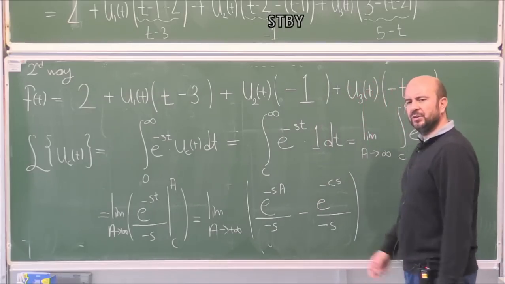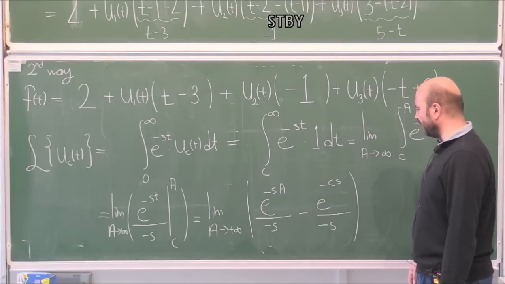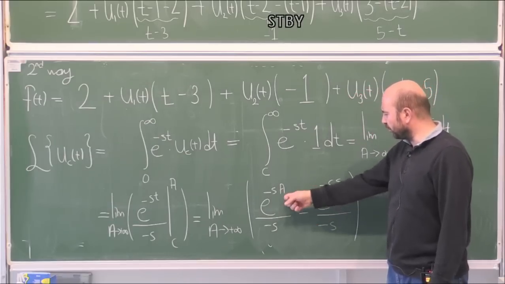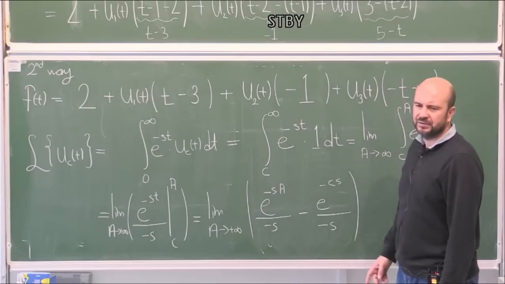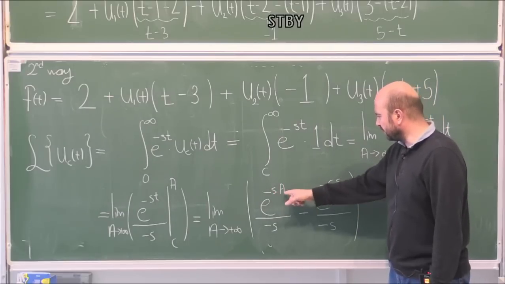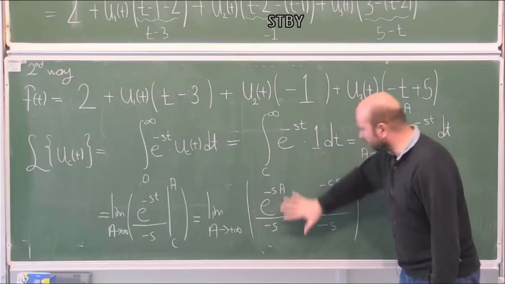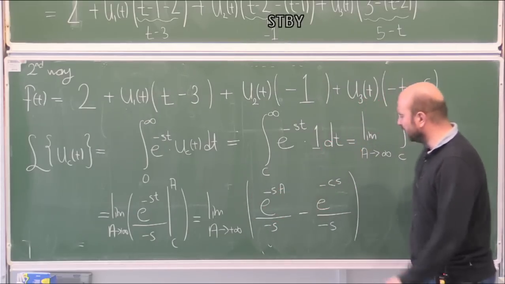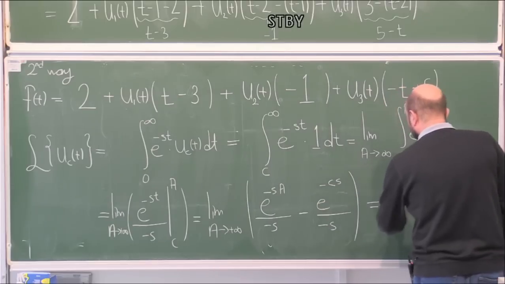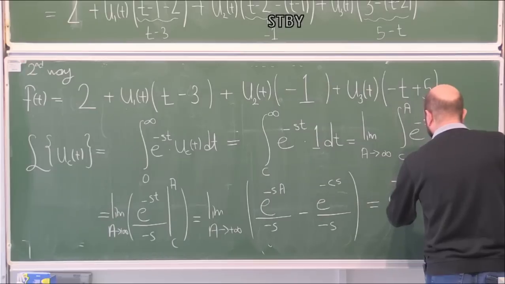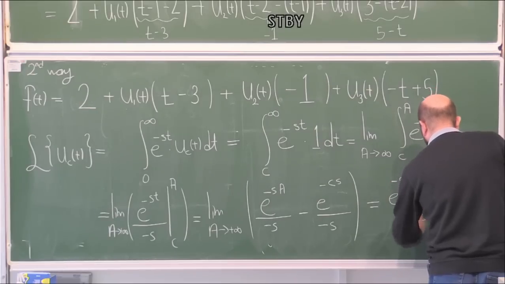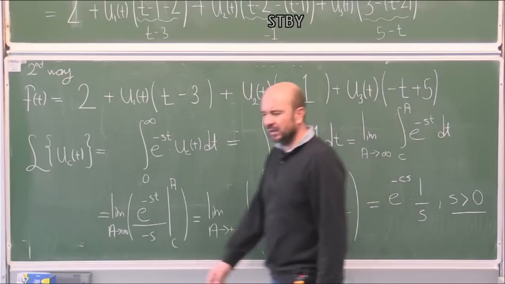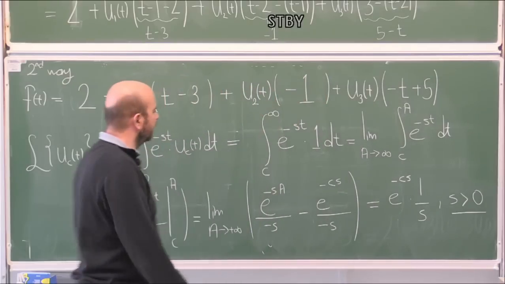So again, we care about convergence. When do we have convergence? Again, we have an exponential. This can only converge to 0, and for that, s must be positive because a is positive already. If they are both positive, this will go to 0. So this part will be completely 0. Since there is no a here, this is constant with respect to the limit. So eventually we will have e to the minus cs times 1 over s, and s positive. So this is the Laplace transform of the unit step function